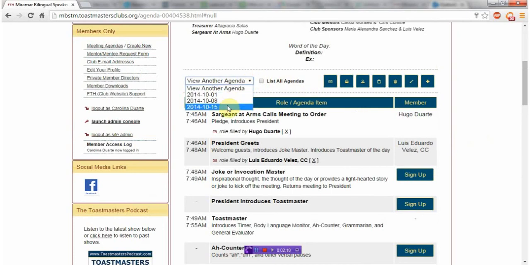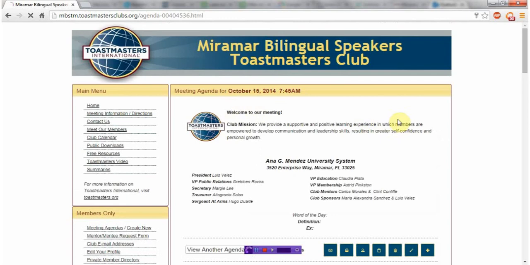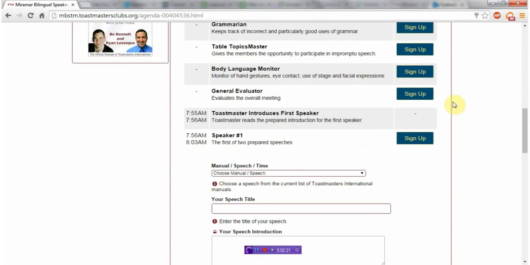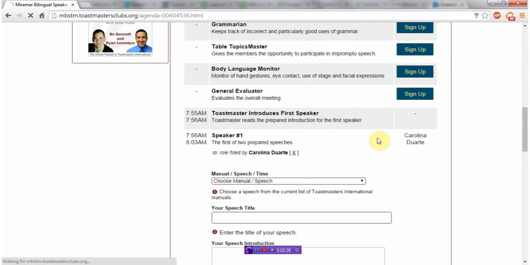And if you want to sign up for the roles for the next meeting, just select the one for the 15th. Here you see the date. So you scroll down here and pick another role. Let's say you want to sign up as a speaker. You click sign up here. Make sure you put it in your